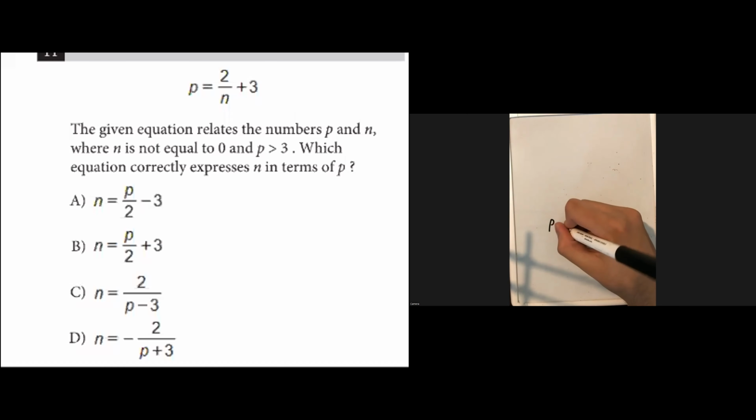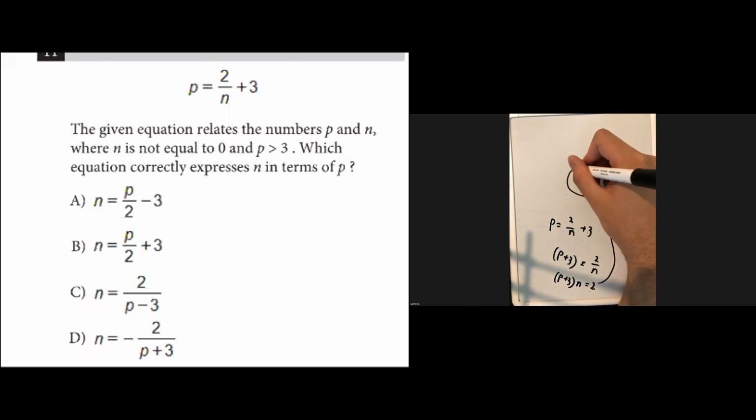So p plus 3 equals 2 over n. Multiply both sides by n. P plus 3 times n equals 2, and then you divide both sides by p plus 3, which would just be n equals 2 over p plus 3,